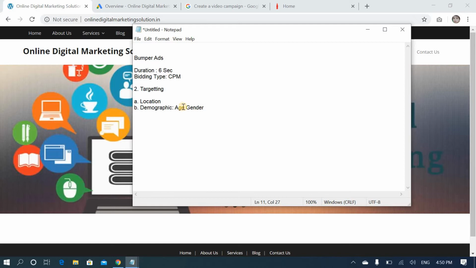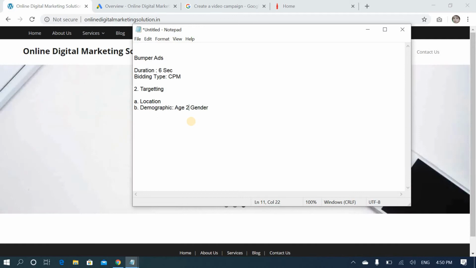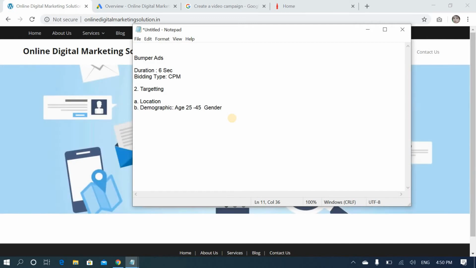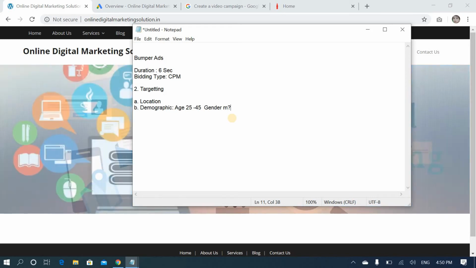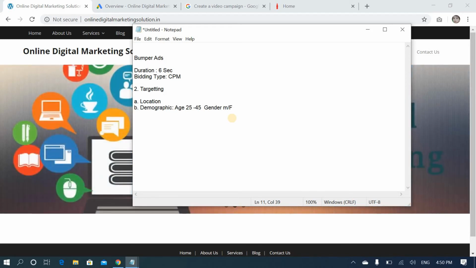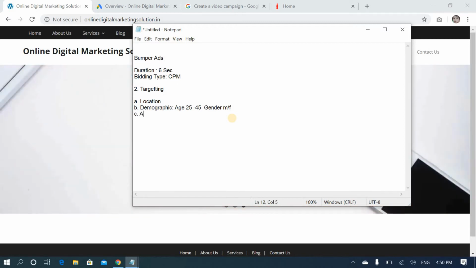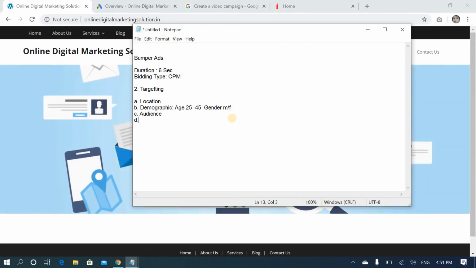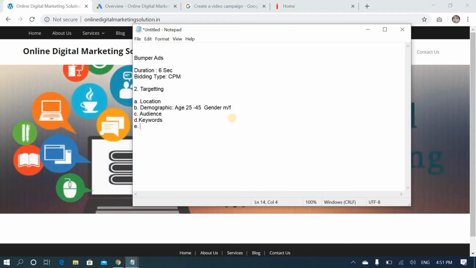So for age I'm going for 25 to 45, and gender male or female. Next, audience, I can also target. Next, keywords, related keywords-wise you can target. Next, topics, related industry topics you can select.